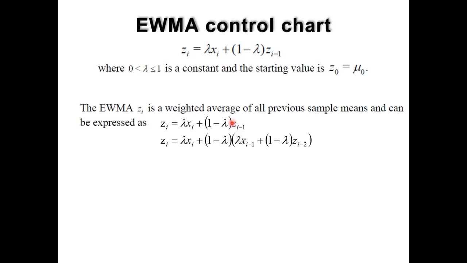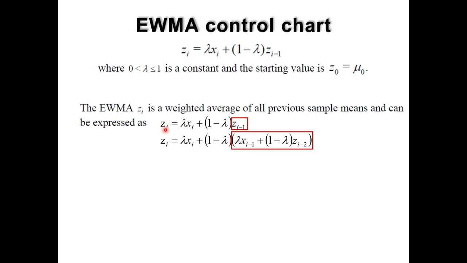If you look at the last bit, which is the Z statistic of the preceding observation, Z i minus 1, this is actually equal to lambda times X i minus 1 plus, in brackets, 1 minus lambda times Z i minus 2. So if you look at the formula carefully,